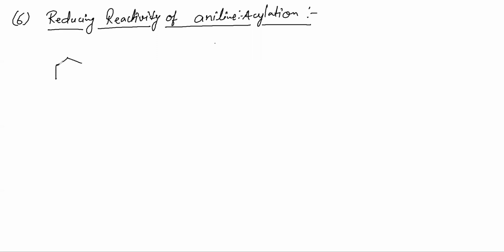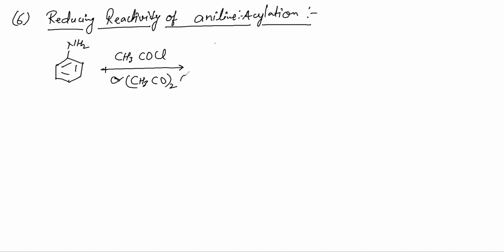First of all, we treat our NH2, which means aniline, with something like this. Either we treat it with CH3COCl, or we treat it with (CH3CO)2O, which means anhydride. Okay, this is anhydride, and we use pyridine as a base. We have already done this reaction in case of amine. Remember, RNH2 with CH3COCl. We have done this, so the product will be exactly as you think.